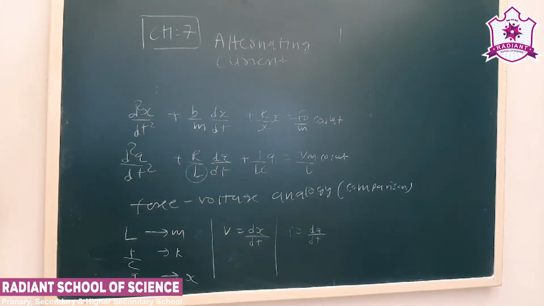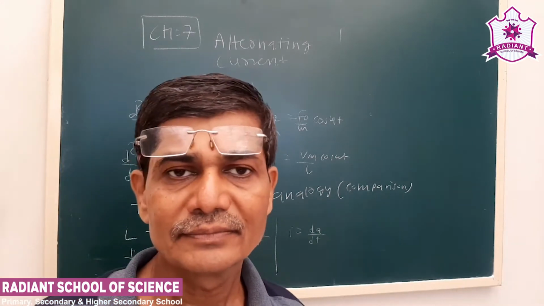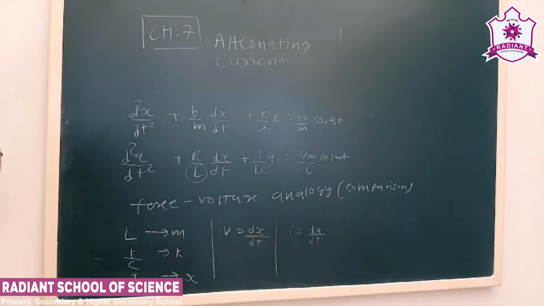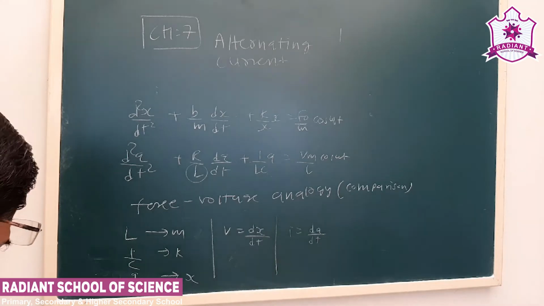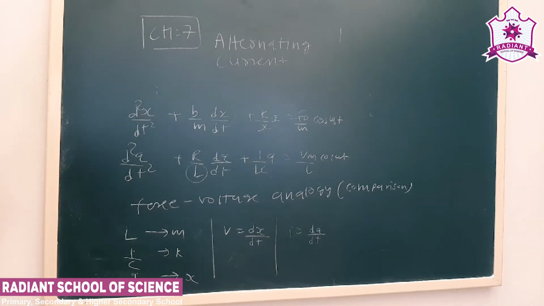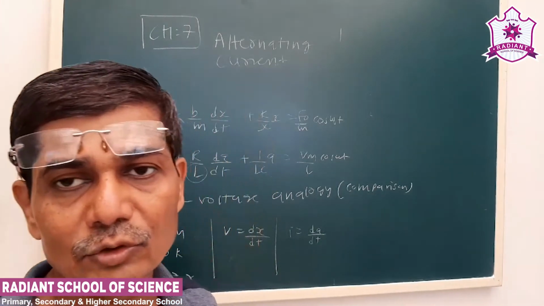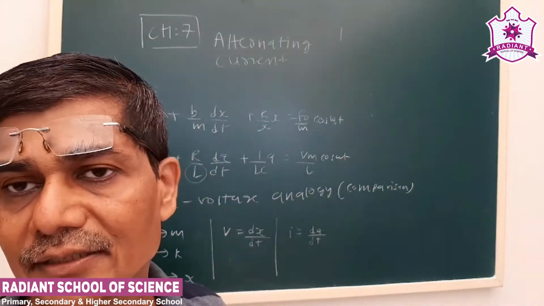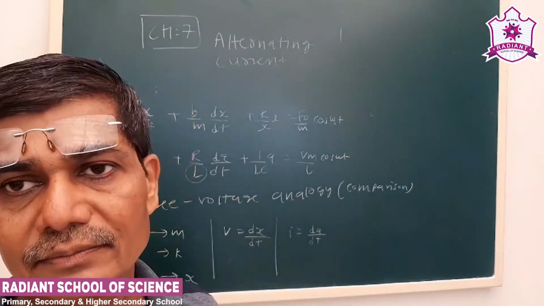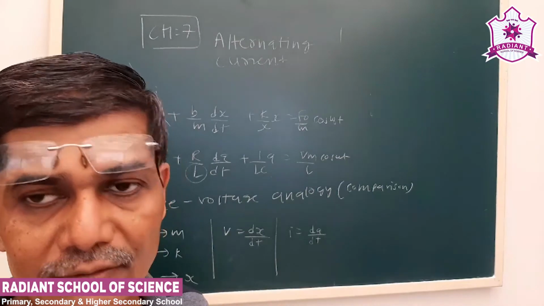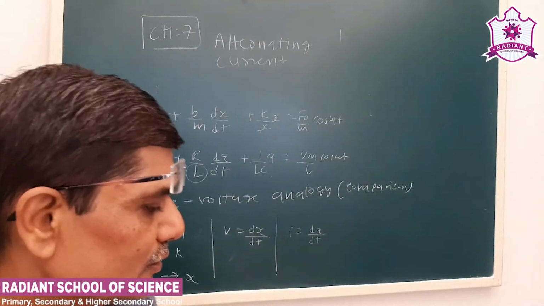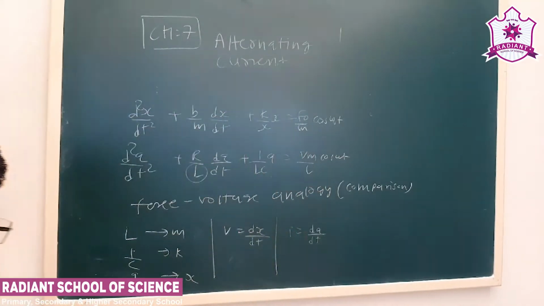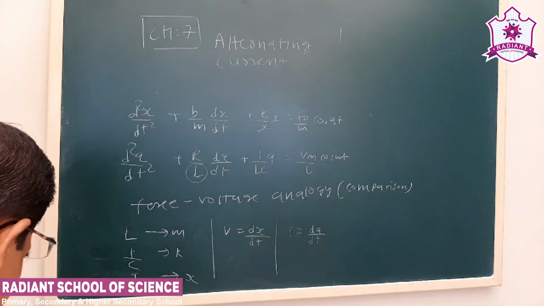Now see, the total energy in the mechanical system is the sum of the potential and kinetic energy. Here, in an electrical system, energy is made up of two parts. Half mv square corresponds to the energy of the capacitor, and 1 by 2 Li square is the energy of the inductor. So this is how we can correlate the mechanical and electrical system.